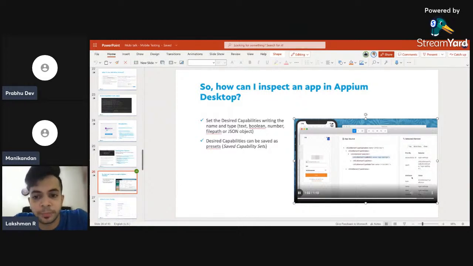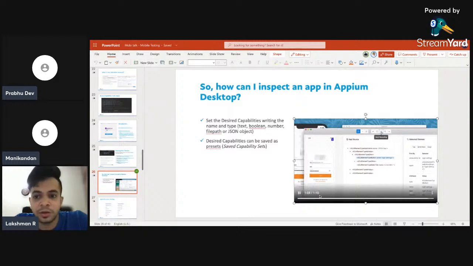Similarly, it is happening here. The DOM is opened, and the section you see in the middle of the page is the DOM. Here you can see the accessibility ID, class name, or XPath, the respective attributes for the section you selected for the username and password elements, and you can capture them. Over to next slide.